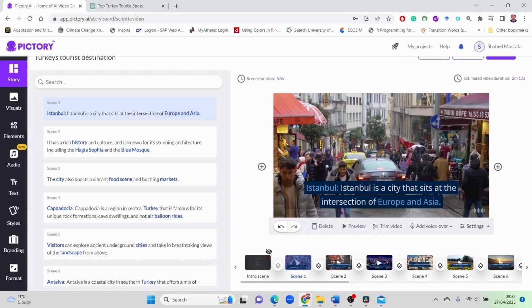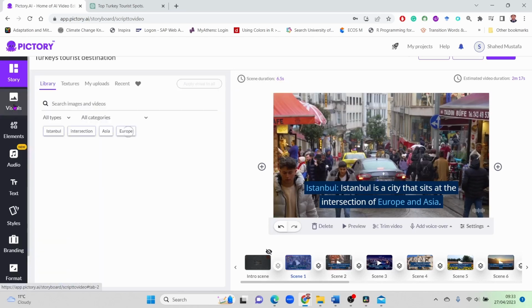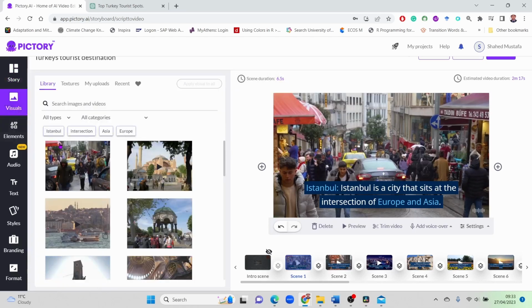If you don't like the scene, what you can do is select the scene and go to visuals on the left side. So you first select the scene and then go to visuals. You can see the scene timing is 6.5. I'm using the first visuals, and then you can click here, and if you want to change the scene, you can type something like Istanbul,